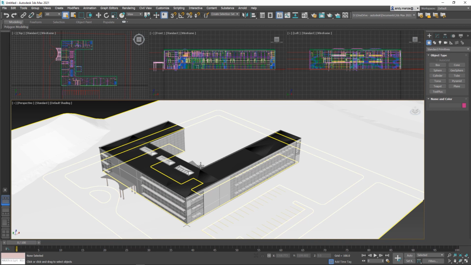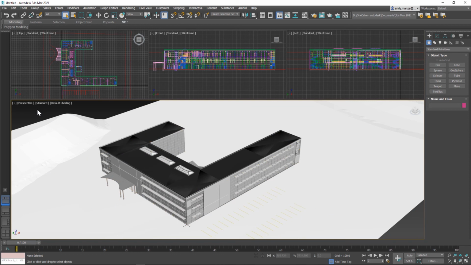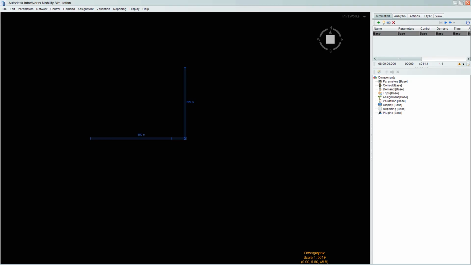Obviously, we need to be aware of the limitations of that file format when we're exporting. Okay, so if we go back to mobility simulation, I'll show you how we import that.